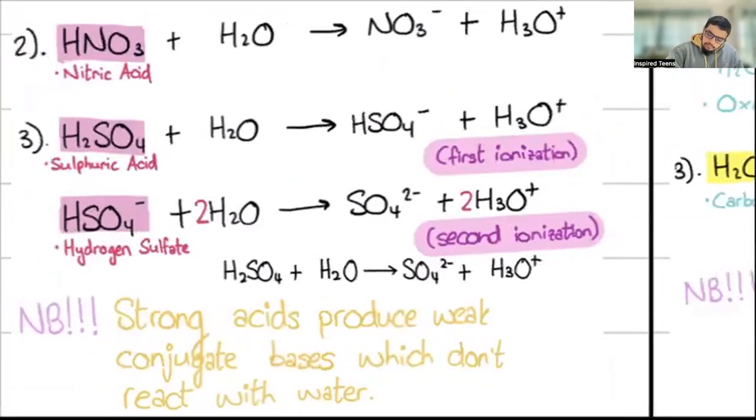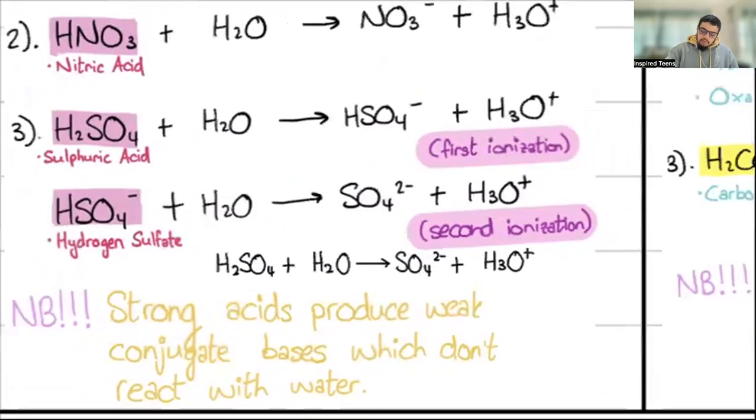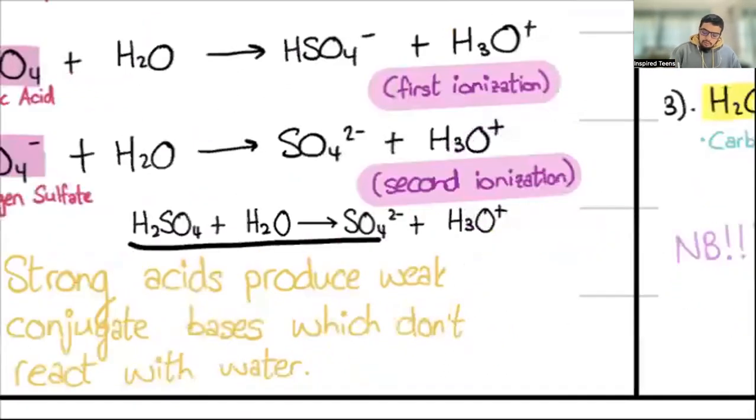Sorry, I'll get rid of them immediately. They should not be here. It's balanced without the 2's. Sorry. So this here, H2SO4, ionizing with water, H2O, to form SO4 2 minus plus